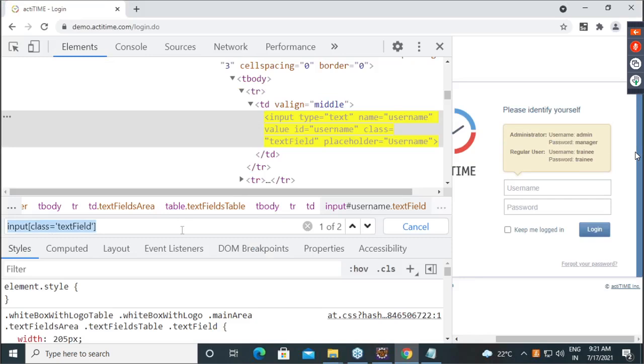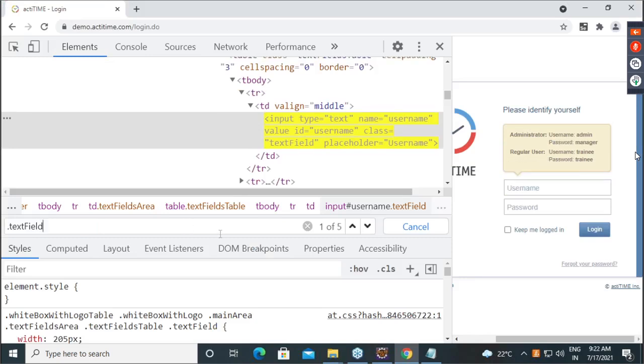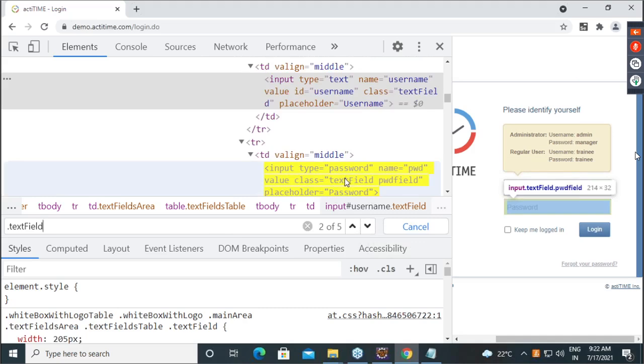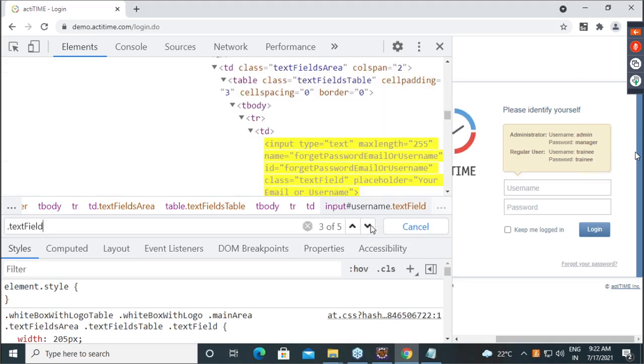Now see, how many matchings? 1 of 5, because JavaScript... See, where is the first? This one. Second is the password field. It is finding everywhere. In the password field also text field is there as a class.